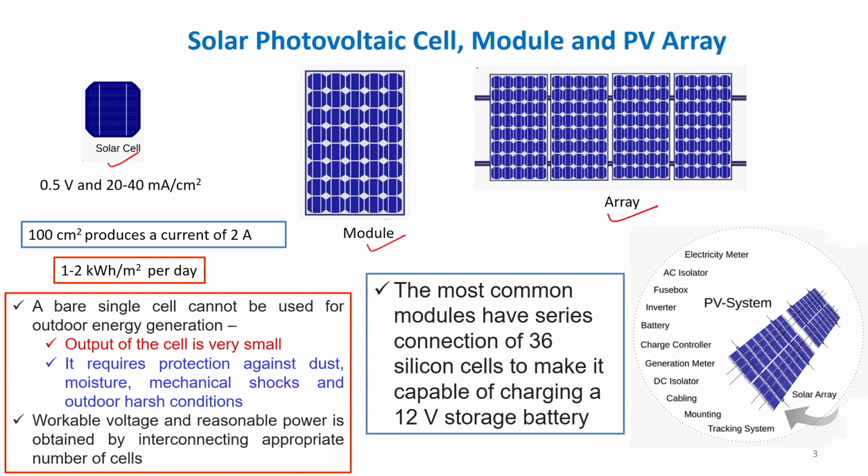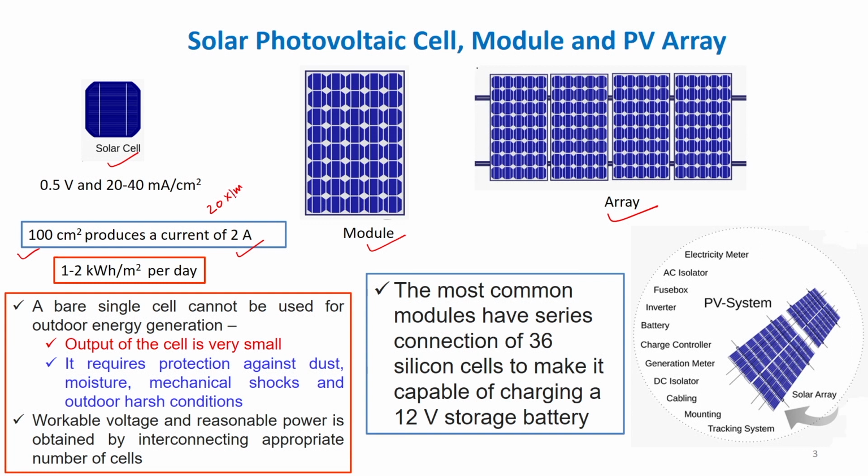A single solar cell can deliver a voltage of about 0.5 to 0.7 volt and a current density of about 20 to 40 milliampere per centimeter square. So, if we give an example, if we have a 100 centimeter square area covered by cells, and we are interested in the current generated by this cell area, it is equivalent to about 2 amps, because it is something like 20 multiplied by,